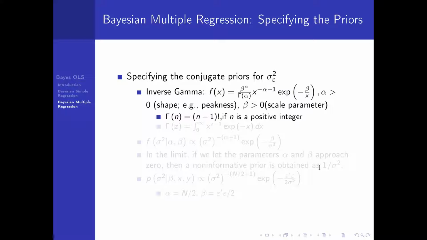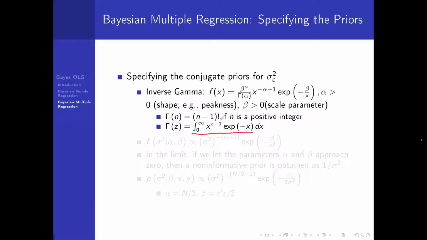When we say gamma n, if n is a positive integer, then gamma n is equal to n minus 1 factorial. What if the variable is not a positive integer, let's say z? Then gamma z is equal to this integral,